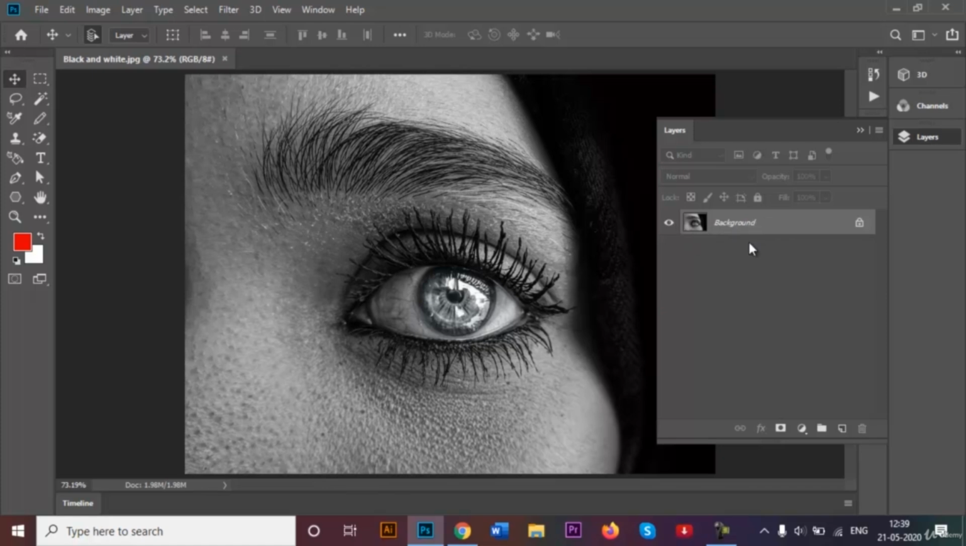I have just opened up this black and white image of an eye. As you can see, it's the eye of a girl because she has a lot of mascara around her eyelashes. By default, in this layers panel, it gets named Background and it's also locked. I'm just going to unlock this, and as soon as I've unlocked it, the layer's name gets changed from Background to Layer 0. I can just double click on this and rename it to, let's say,